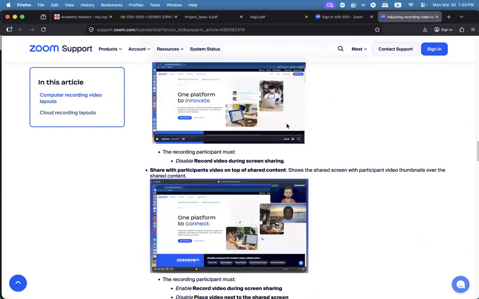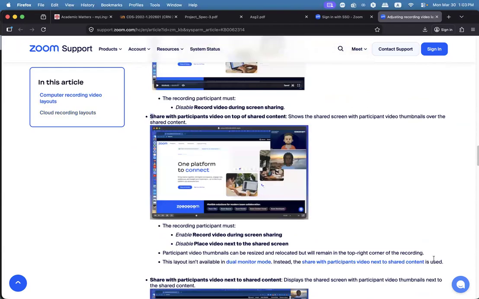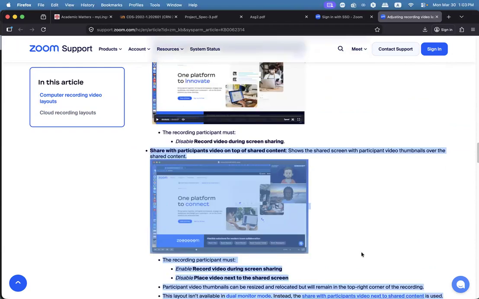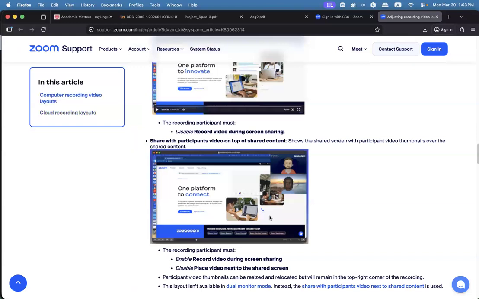You can open a PowerPoint and share your screen, and while you are sharing the screen, you can also follow the instructions on Zoom and show your face in the Zoom recording as well. So this is what I expect you to do. Any questions?